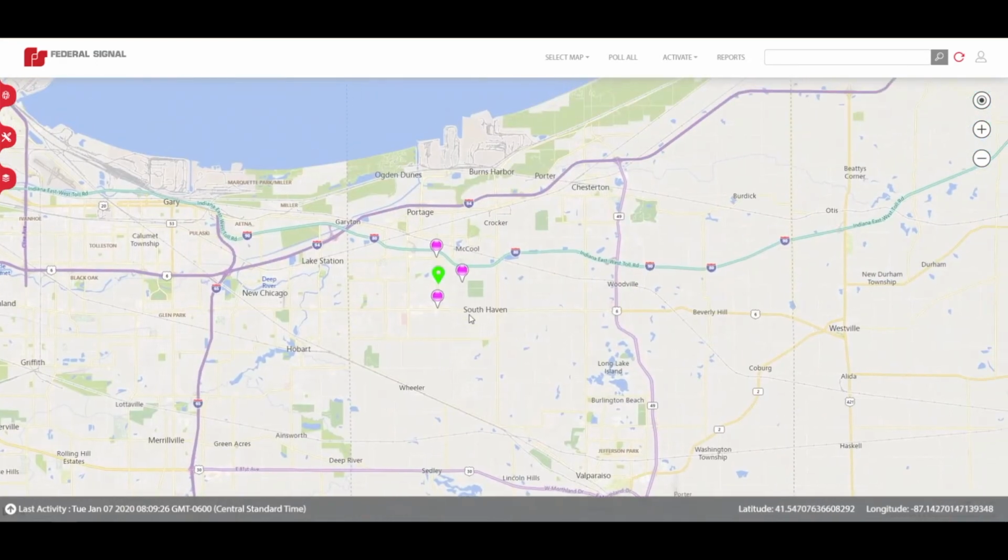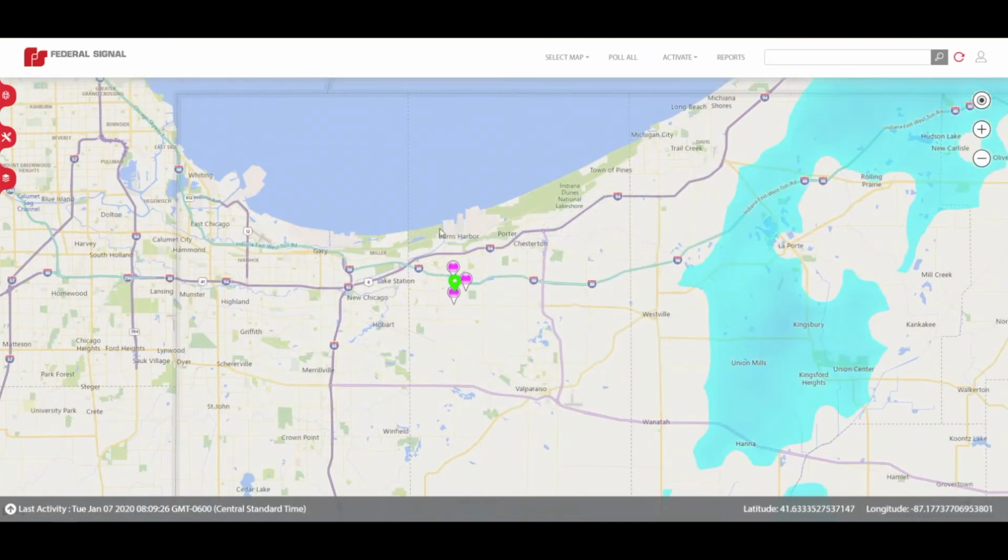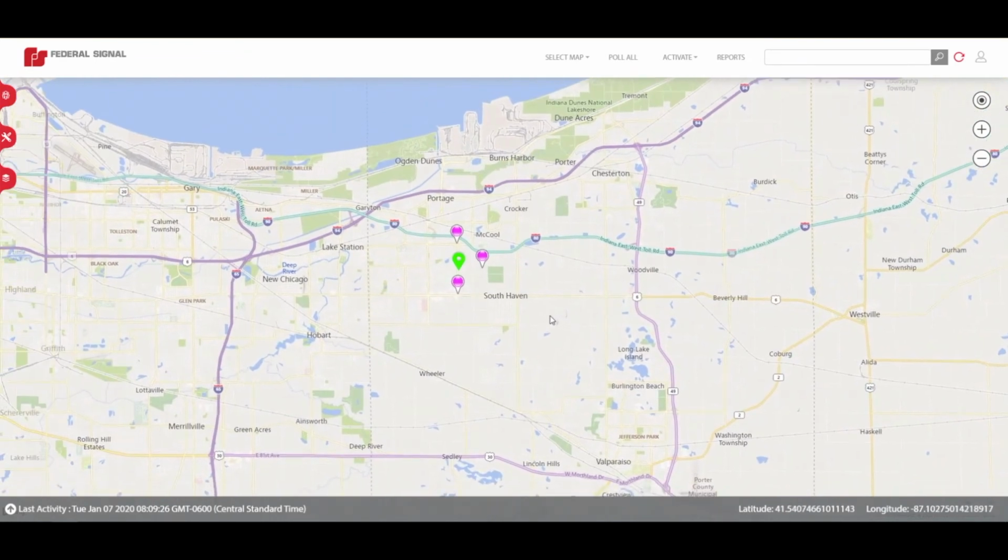So this being a test system, my sirens aren't working here, but if this was a live system, I might be in some trouble if I had to activate. My sites don't look like they're communicating. So